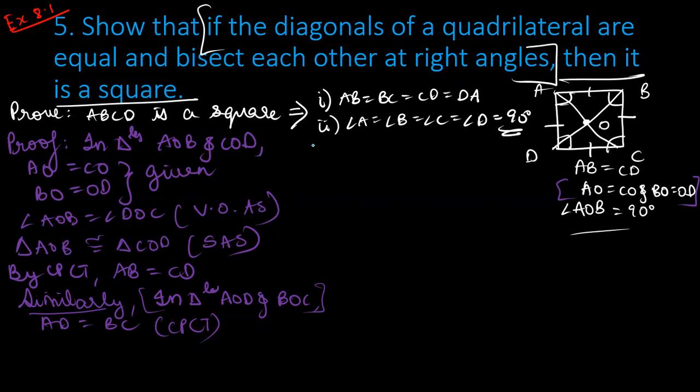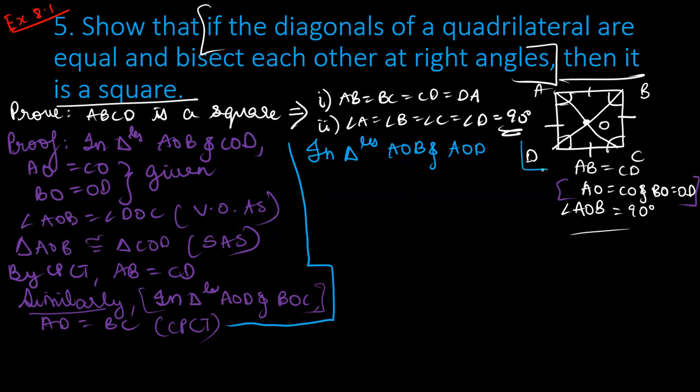Now we have proved that the opposite sides are equal. So next we're going to prove that the adjacent sides are equal. For that I'm going to take two triangles, triangles AOB and AOD. Next part of the proof I'm writing here. Yes, now in triangles AOB and AOD, what can I say that are equal to each other? I can say that DO is equal to OB because that is already given. Then AO is equal to OA because that is the common side. Please look at the figure.